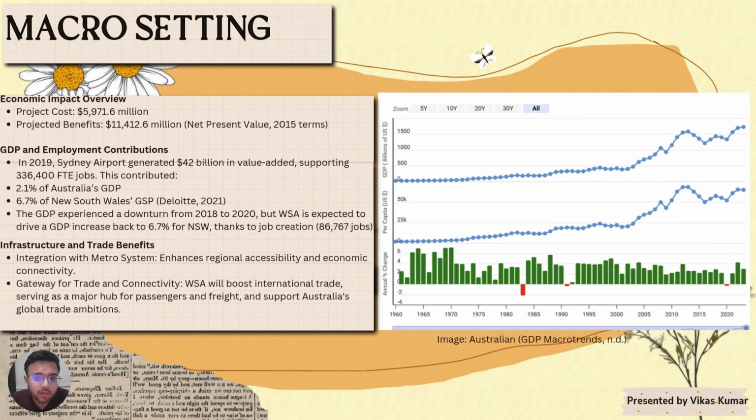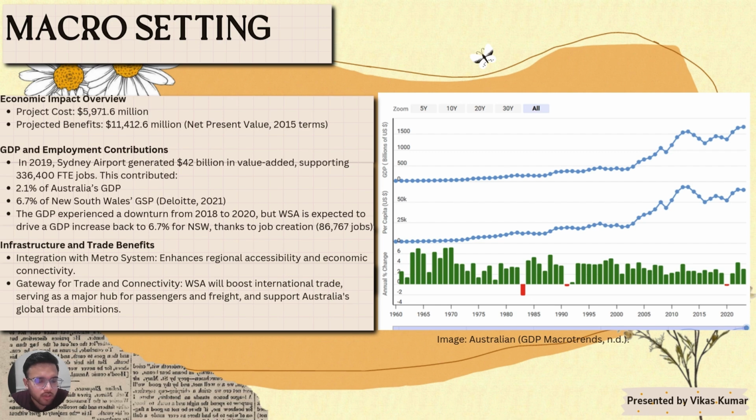And the macro setting will be like, from the graph we can see that before the COVID time the GDP had decreased somewhat, but after COVID passed, the GDP definitely increased, and it is predicted that from the Western Sydney Airport, 2.6% of GDP of Australia will increase, and from the report by Deloitte 2026, 6.7% of